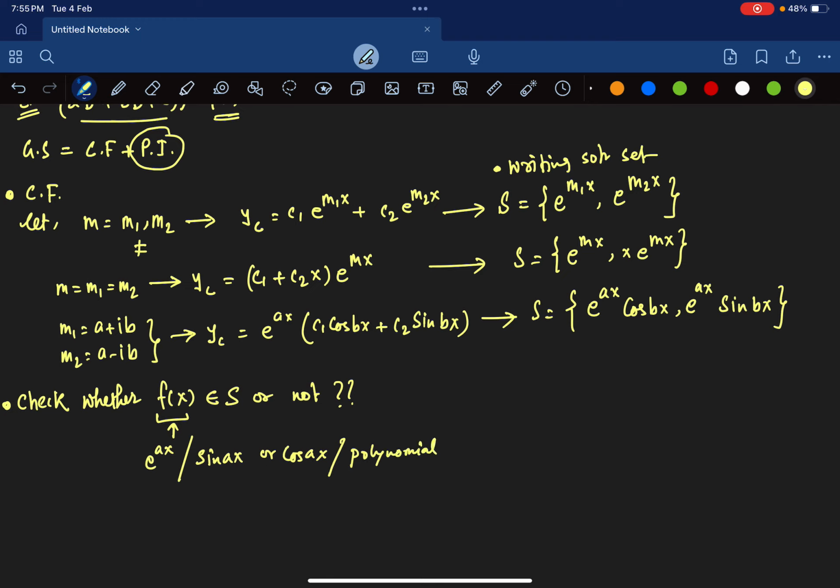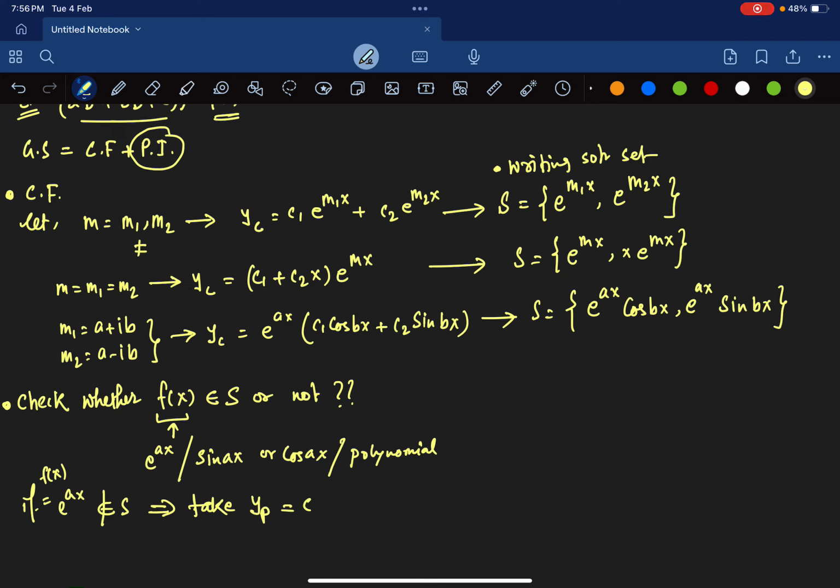Okay, so based on this you have different scenarios. Suppose f(x) is e^(ax). Suppose e^(ax) does not belong to S. If f(x) is equal to e^(ax) and e^(ax) does not belong to that particular solution set, so immediately that implies take